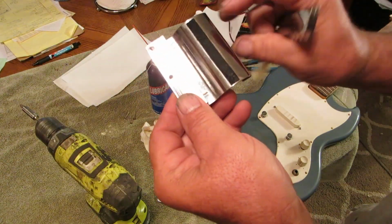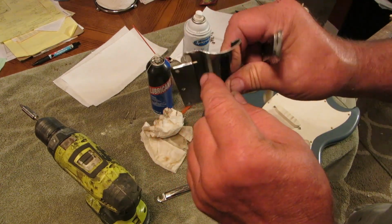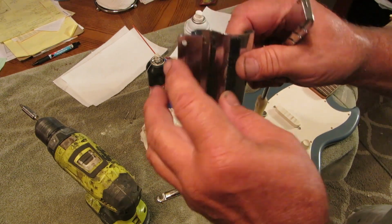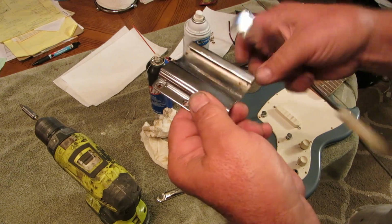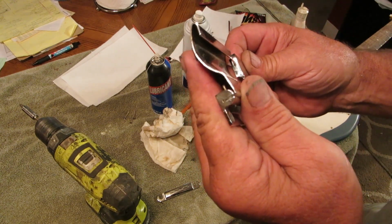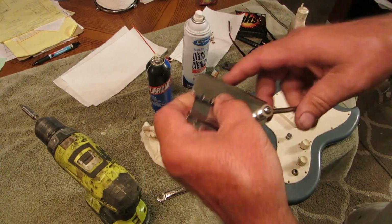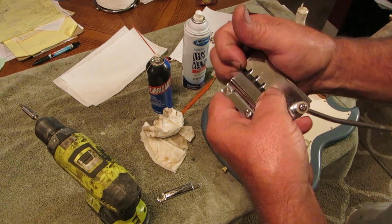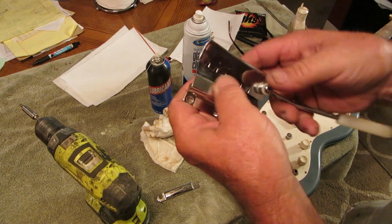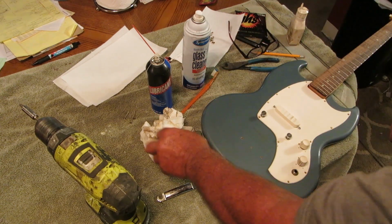The bridge is held together. This metal piece is held together with nails. Two nails have been driven through here, so you can see how cheaply this was made. Some kid for Christmas would be great for him to get it, but as far as some kind of professional machine, you might be able to do something with it, but it's just...